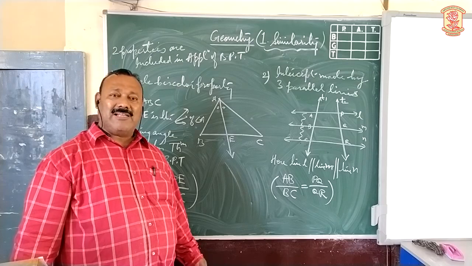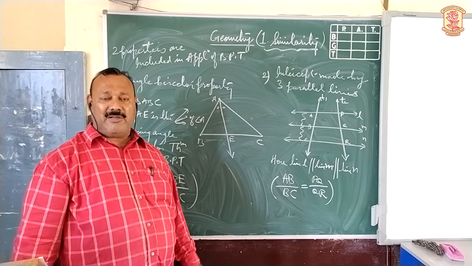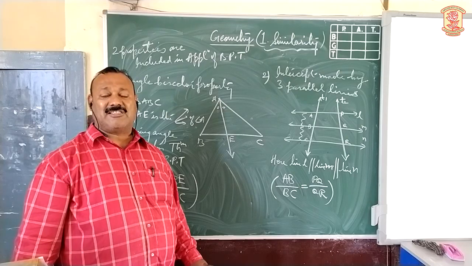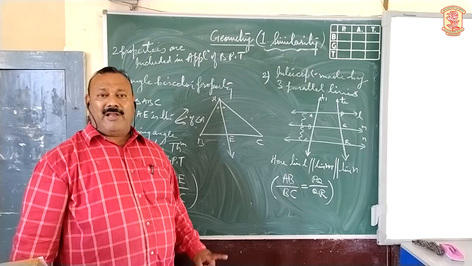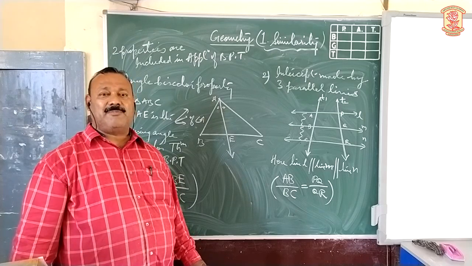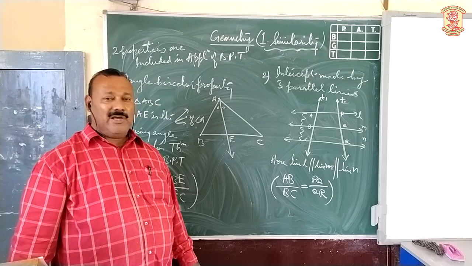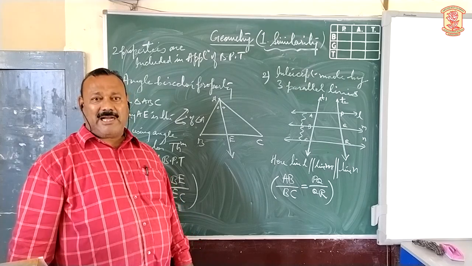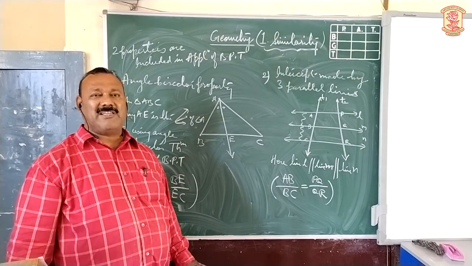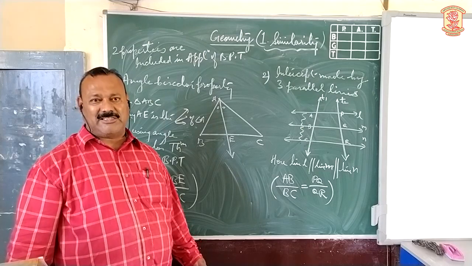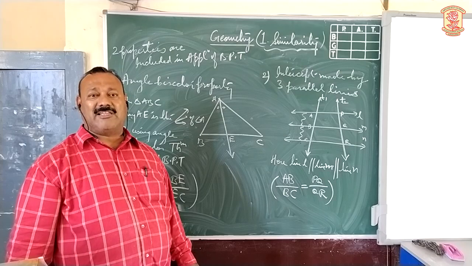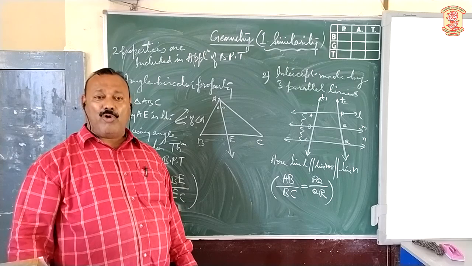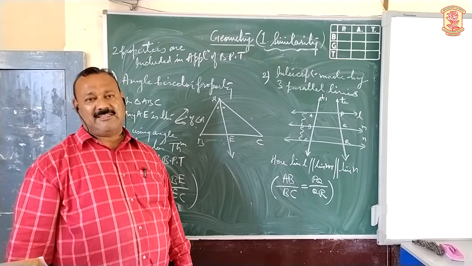Then, we can define triangles as similar if the corresponding angles are congruent and their corresponding sides are proportional. Whenever triangles are similar, their areas will not always be equal, and when two triangles have equal areas, we cannot say that they will always be similar. After that, we have seen the theorem based on basic proportionality theorem and its two applications regarding the angle bisector theorem and the theorem based on three parallel lines. Now today we will stop; in the next session we will cover more properties and proceed to the exercise. Thank you.